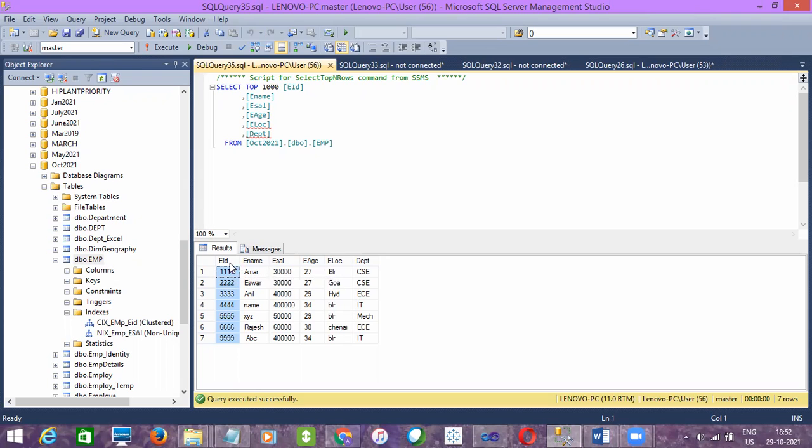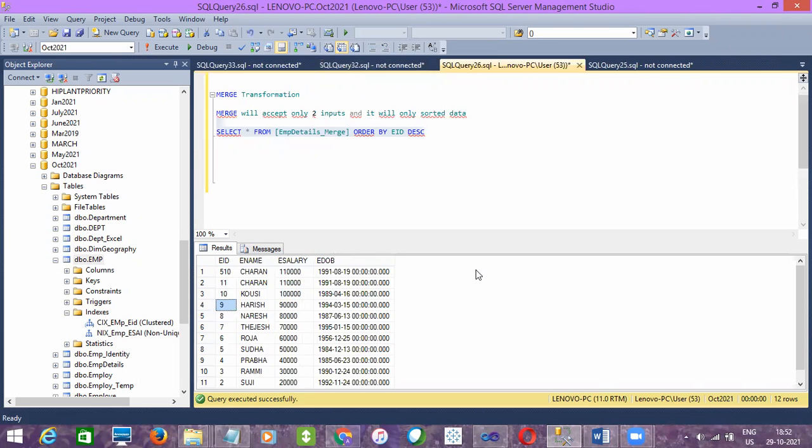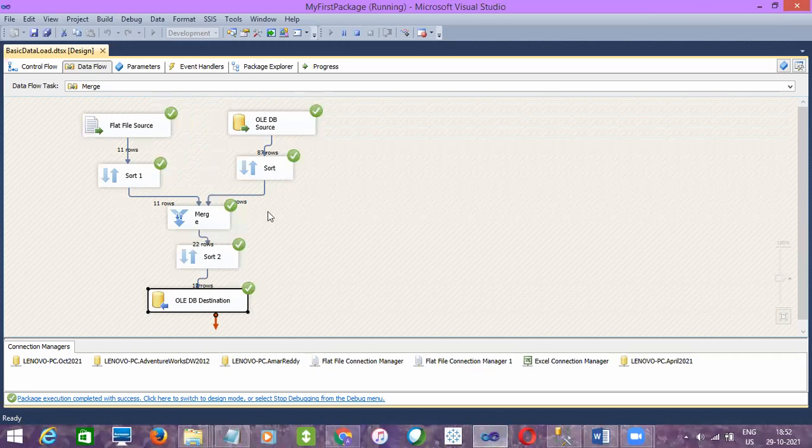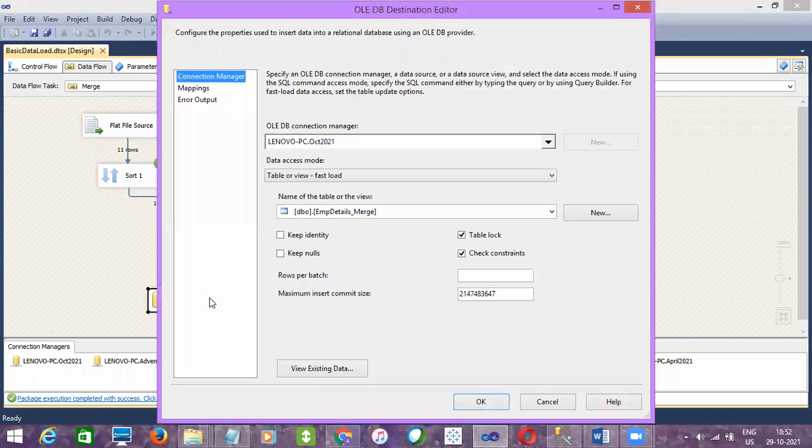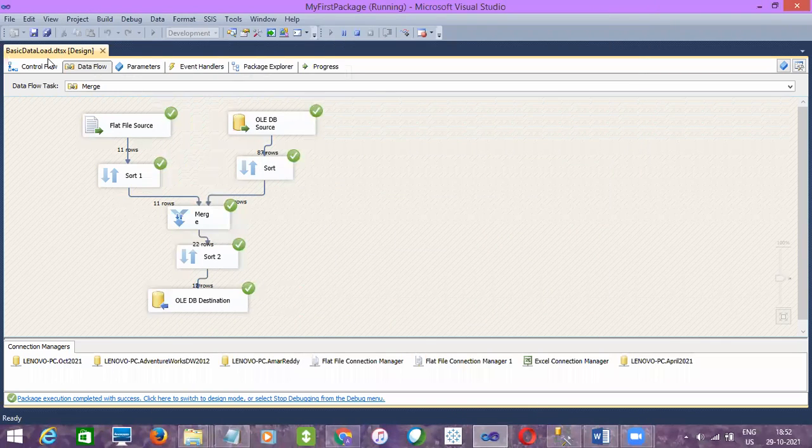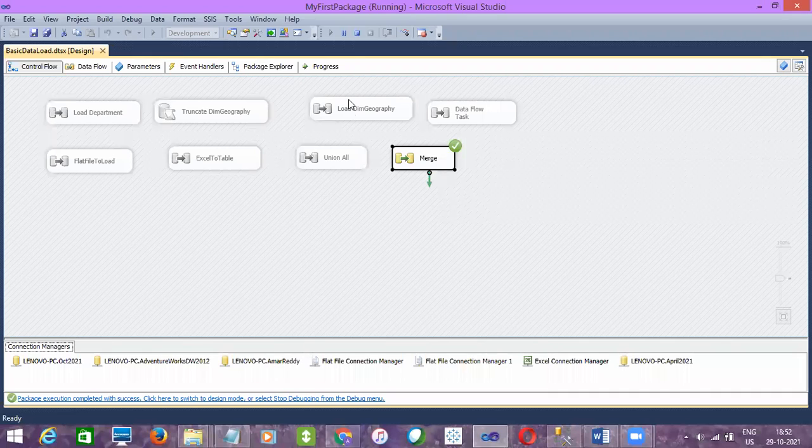But we used the sort option in SSIS, right? So with that sort option we are able to sort it in SSIS. No, it will sort only for the input of merge, not while inserting into the table. Got my point? It will not insert the sorted data as it is into the table. It will sort only when you create a cluster index on a table.